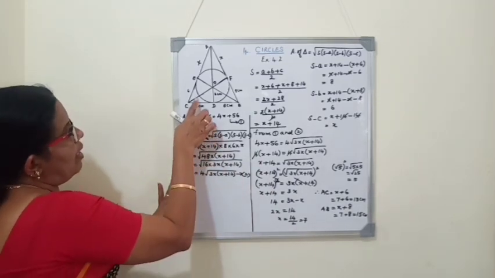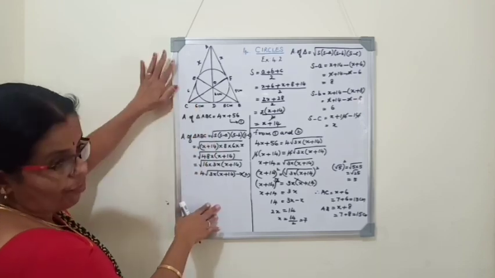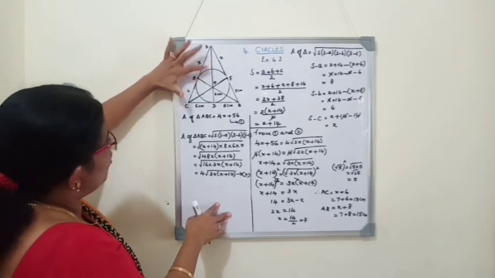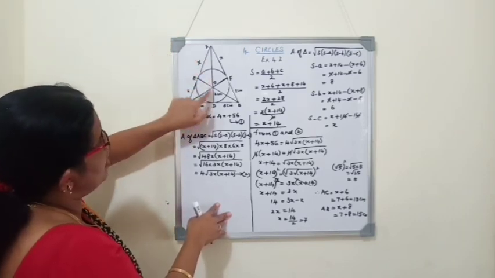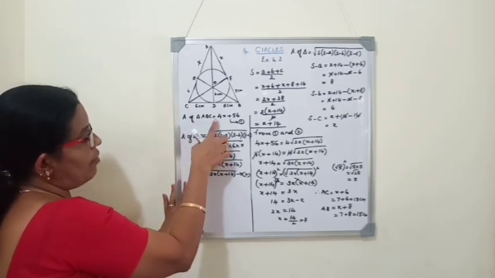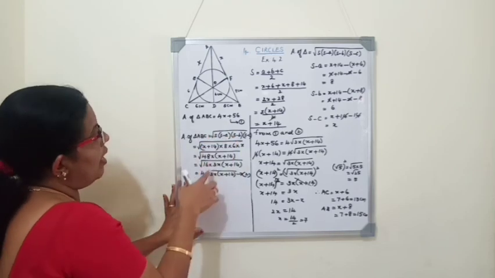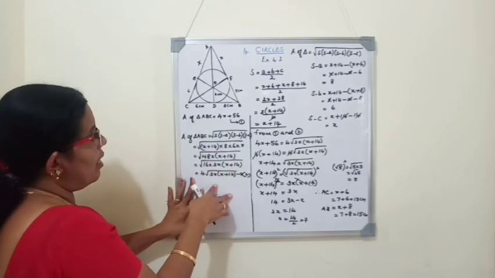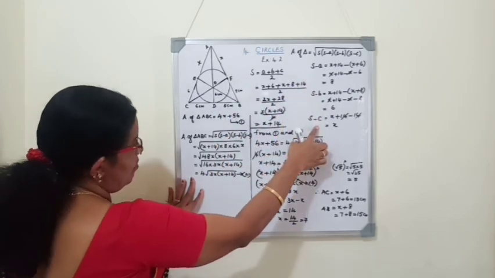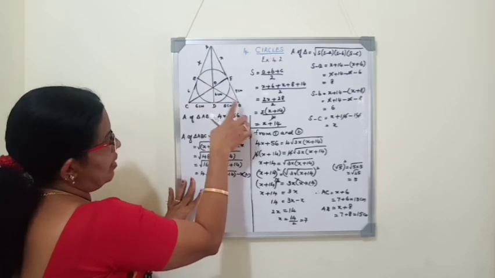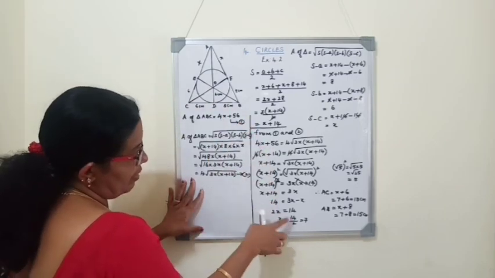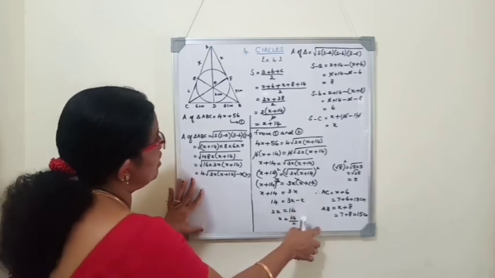First, to find out the area of triangle ABC by applying the half BH formula, we will divide the whole triangle into 3 triangles. So area of triangle AOC plus BOC plus AOB by applying the half BH formula. Apply the formula and find the sum of the areas. We'll get it as 4x plus 56. Again, Heron's formula you should apply and find the area once again. For that, separately find out S, S minus A, S minus B and S minus C, where A, B, C are the sides of the triangle. Compare the two equations and solve. You will get the value of x and then we will get the sides of the triangle.